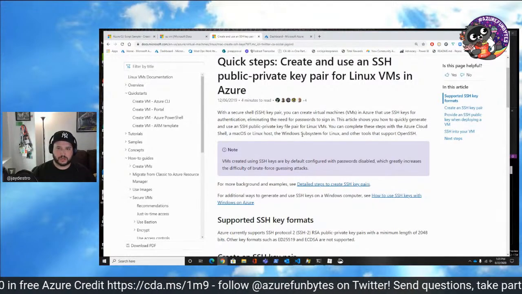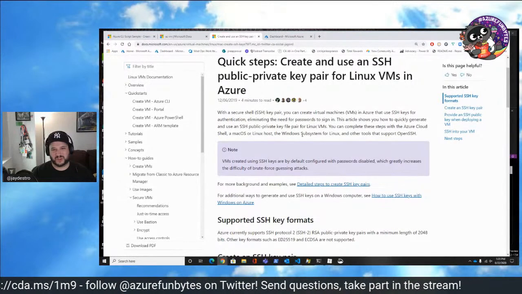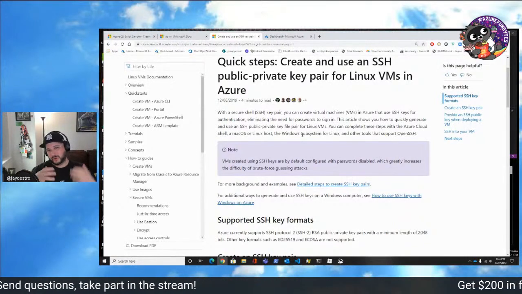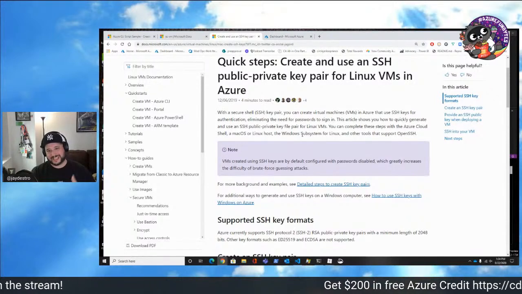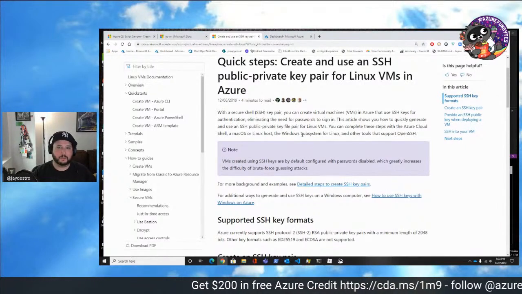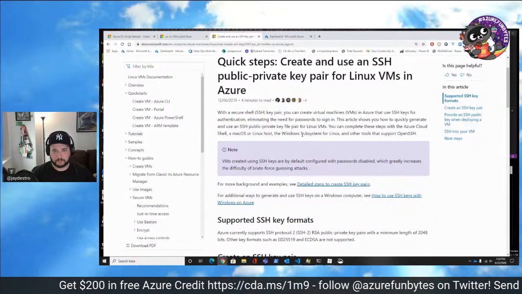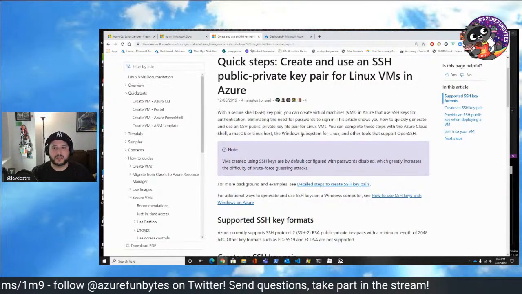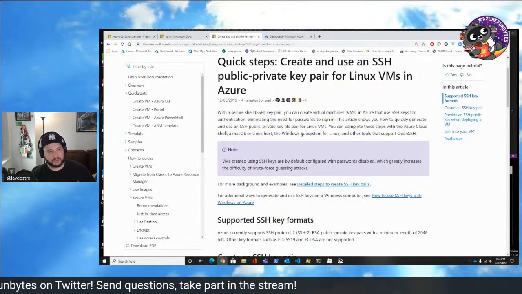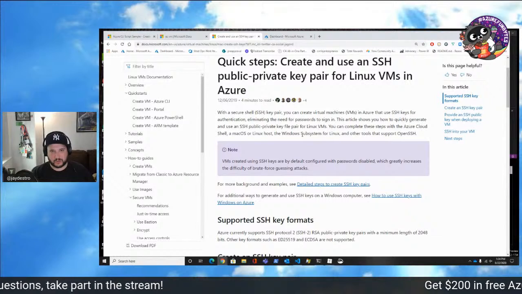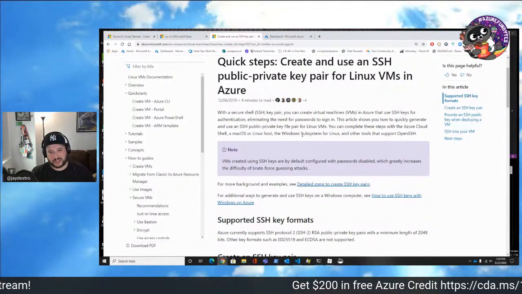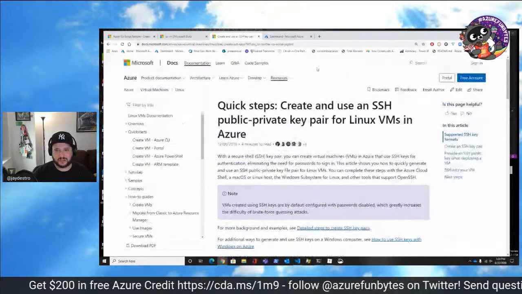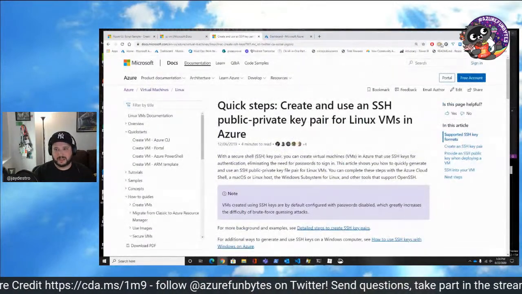We can use an SSH key to connect to a Windows machine because there's a Windows SSH server. We can even transfer files over SSH, like SFTP and things like that. Also, with an SSH private key pair, we're going to be able to SSH into our Linux servers and access and manipulate them when we need to. We could use those keys also for things like our containers, all the different things we can do. To create an SSH key pair, it's pretty easy, and that's what we're going to do.